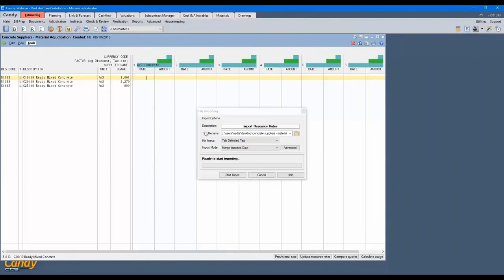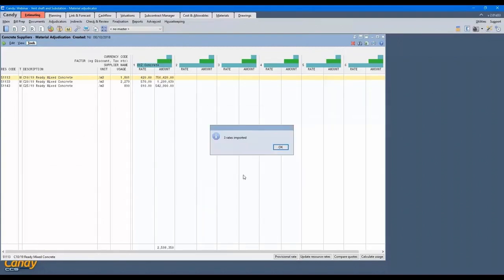Browse to the saved location of the supply quote and select Start Import. Candy will confirm the number of rates imported. You will now notice the rates have been imported into the concrete supplier package. XYZ has given the contractor a discount of 5%. In XYZ's case,